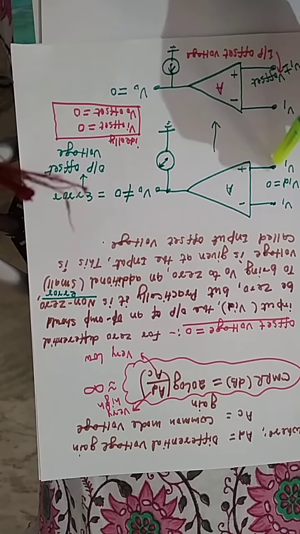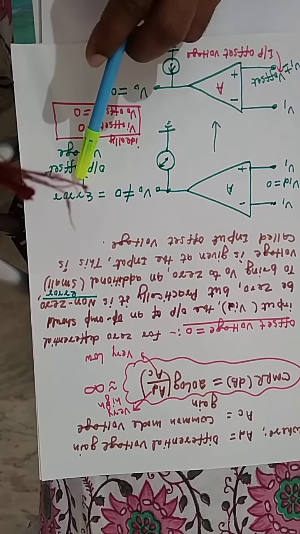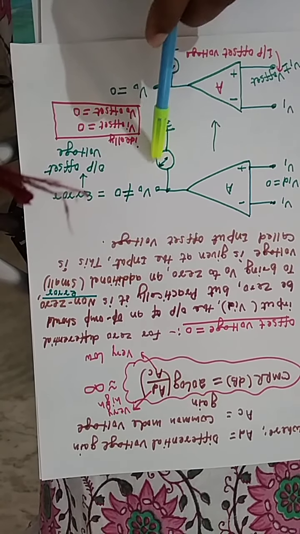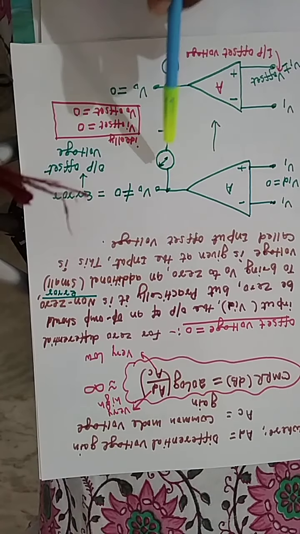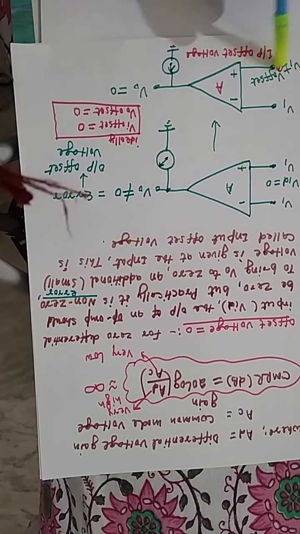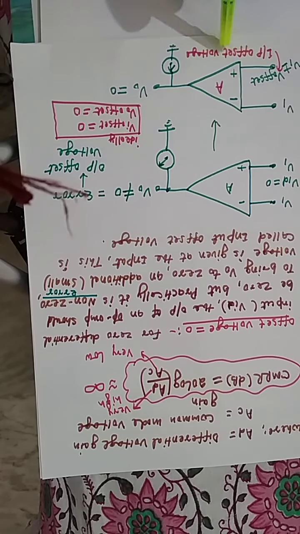The differential voltage is 0, but practically the output voltage is non-zero. This is called error, and this error is also known as output offset voltage. This means there will be a deflection at the voltmeter. But to bring this voltage to zero, we add an additional small signal here, and this additional small signal is called input offset voltage. Then the output voltage becomes zero.